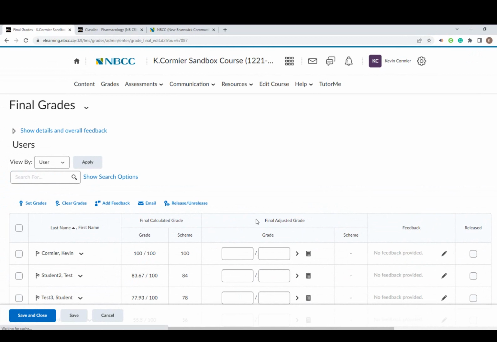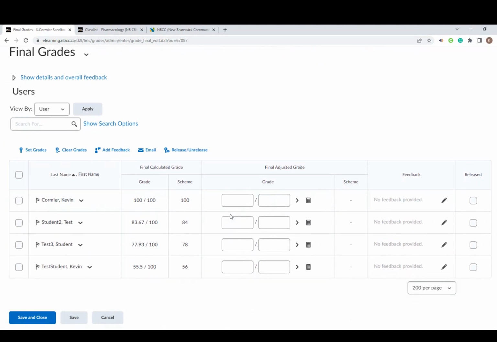And so from there, there's a couple of ways that you can go and transfer your grades. You can do it on an individual basis by just pressing the little icon right here, this little icon pointing to the right. Or the second option is you can transfer all of the grades basically within a click of a couple of buttons. And how you would do that is you would just change your filtering here to show 200 per page,